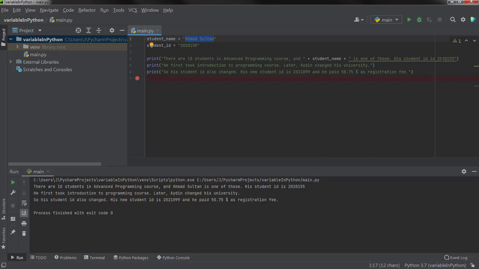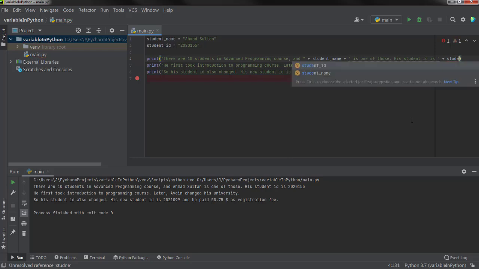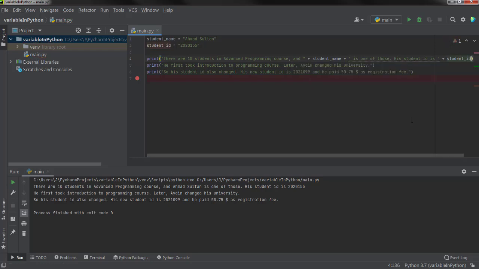In the same way, if you want to replace this student ID with the variable, you can go out of these quotation marks, place a plus sign and then student ID. You can save the program and you can run it.